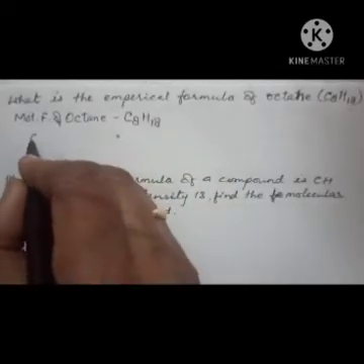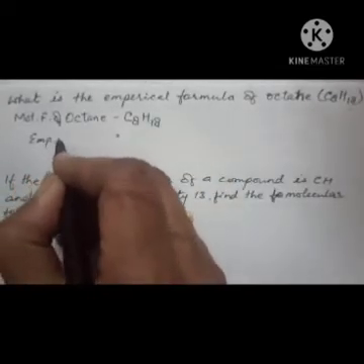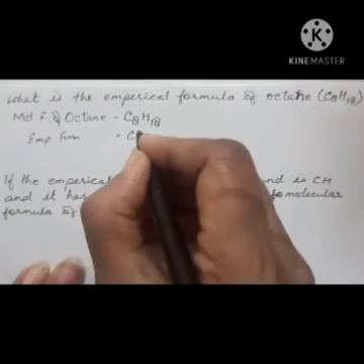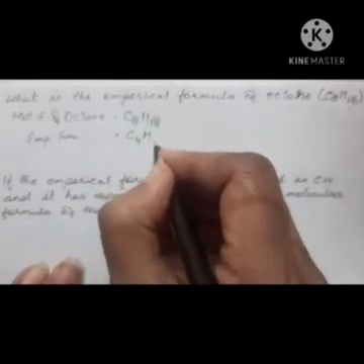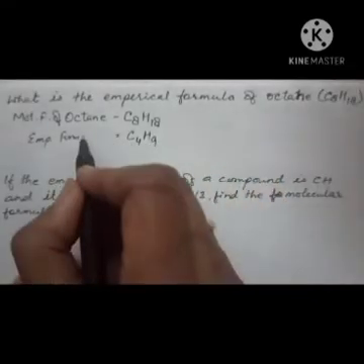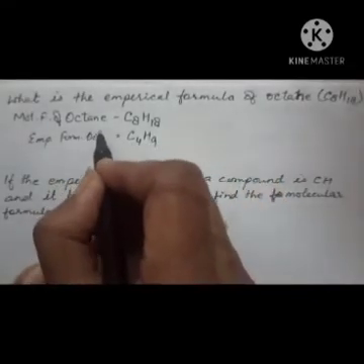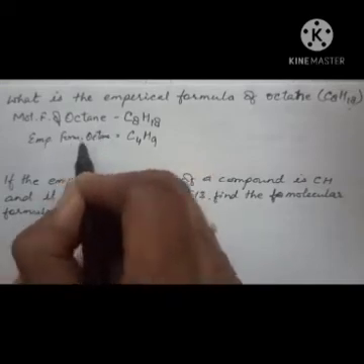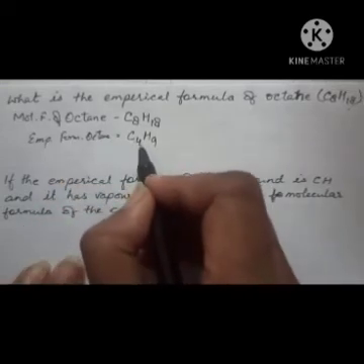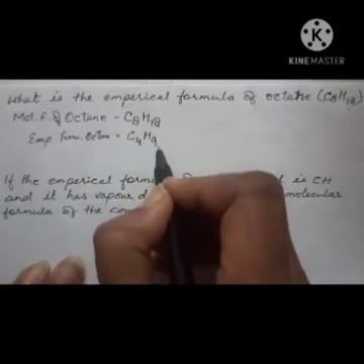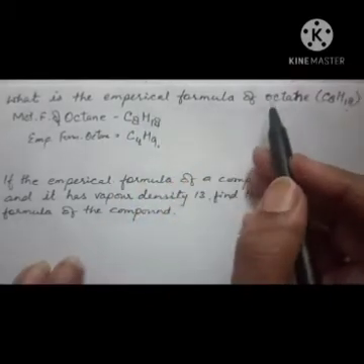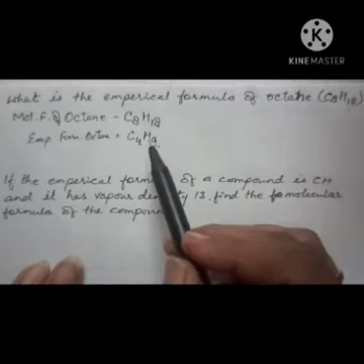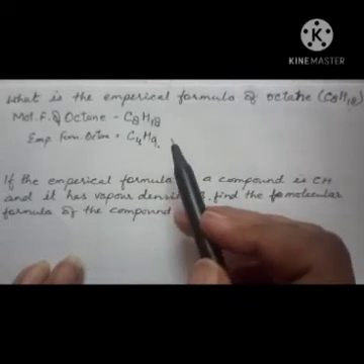So when you divide it, how will you find out the empirical formula? Your C: 2 4s are 8 and 2 9s are 18. So what is the empirical formula of octane? The empirical formula of octane is C4H9. Right? In this way you find out the empirical formula of any compound by finding the common factor.